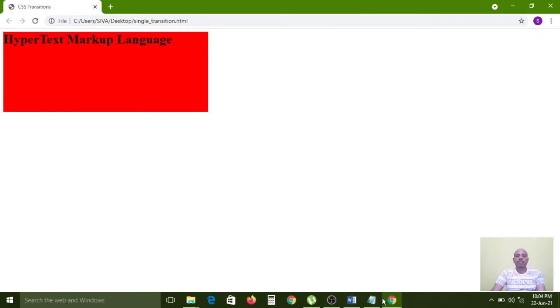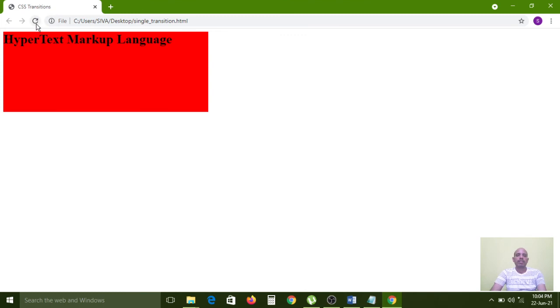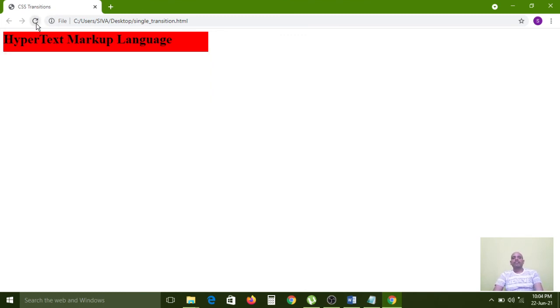Height also I am reducing. 200 is not required, 50 is enough. Now I am refreshing the page. So this is my hypertext markup language. Now the div element is allotting the space in the web page for the h1 element.